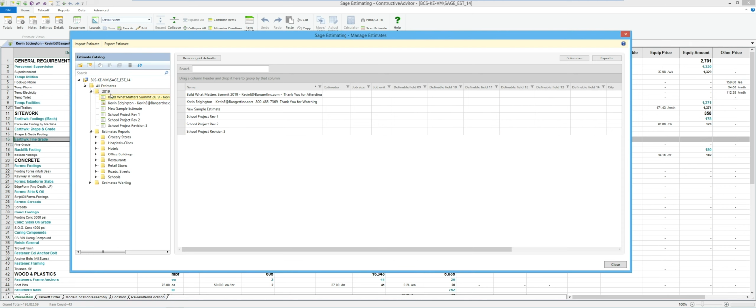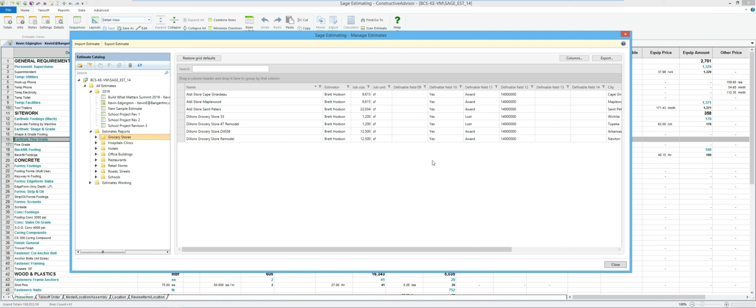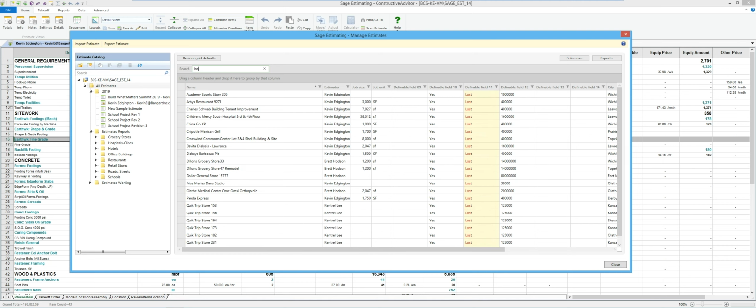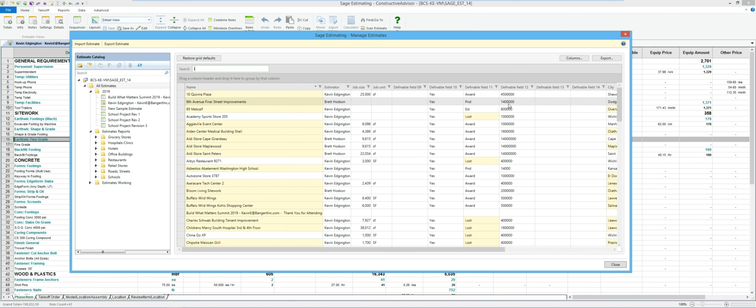And I'm going to go up to, let's say, this section here. This is where I was keeping track of my statuses in this field 11, it looks like. So there again, if I come back up and wanted to do a search on things that were lost or awarded or something of that nature, I can use that as one of my filters. So any of your different WBS codes, contract values or things of that nature, if you put them in there. Just a nice facelift for finding things.